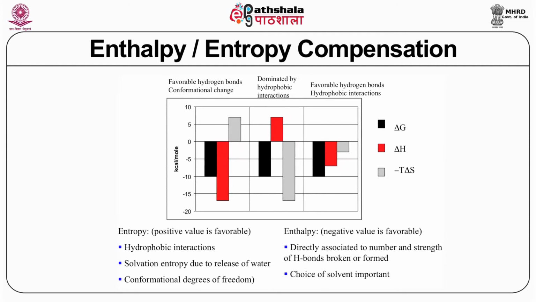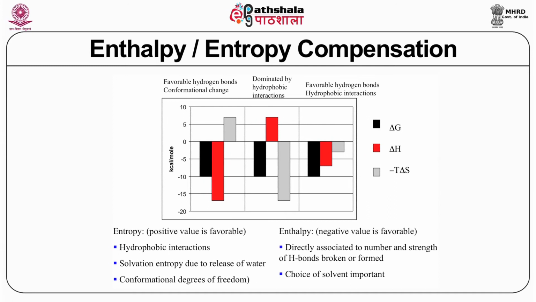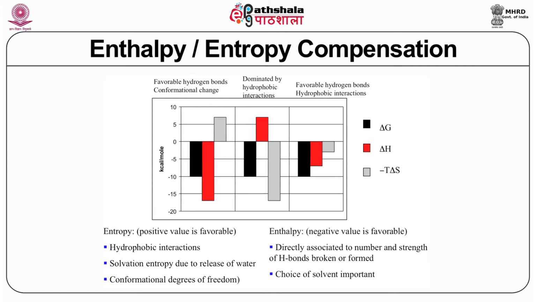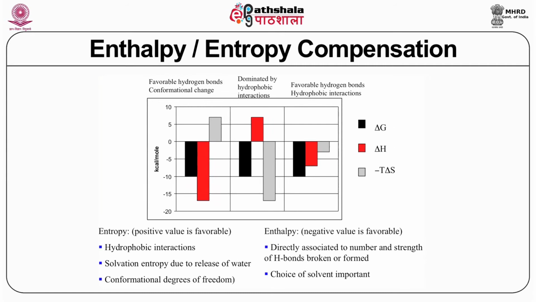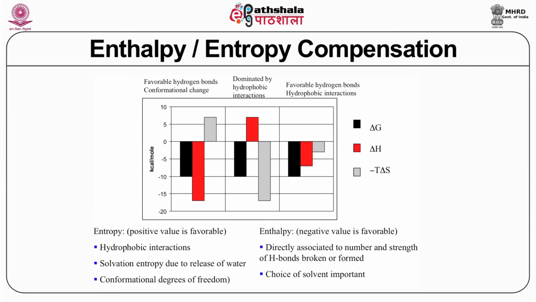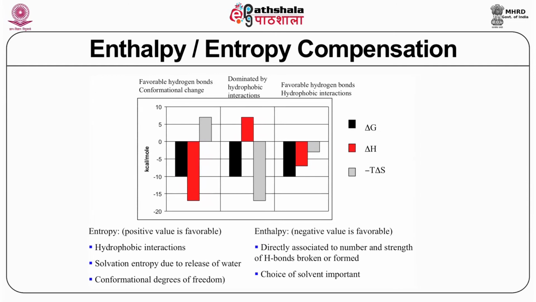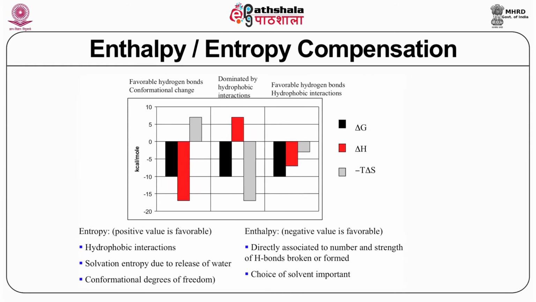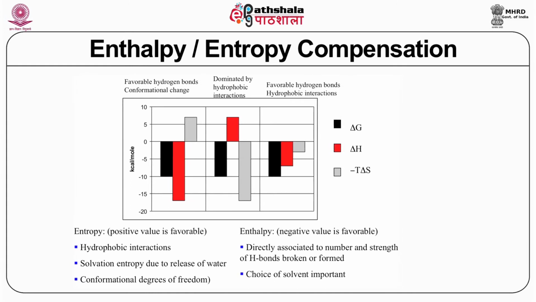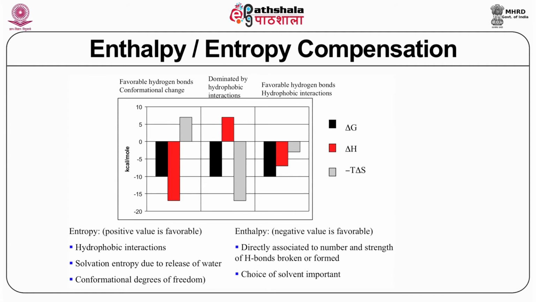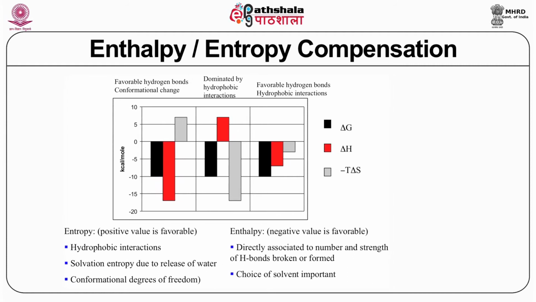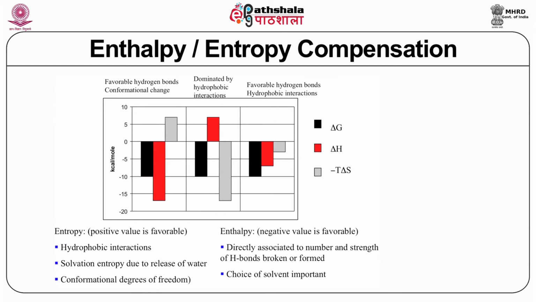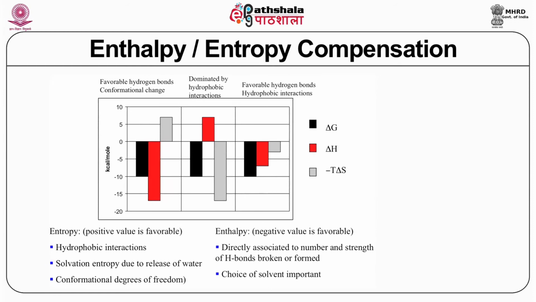So, when we talk of entropy, it has always been mentioned so much in the first 3 modules that a positive value is favorable because entropy of the universe is increasing. So, hydrophobic interactions always contribute to entropy, whereas hydrogen bonds, directly associated with the number and strength of hydrogen bonds, contribute to enthalpy. So, negative enthalpy and positive entropy lead to a change in the free energy, and the choice of solvent is also important in the case of enthalpic reactions. Whereas in entropy, solvation is really important. I mean solvation plays a role in